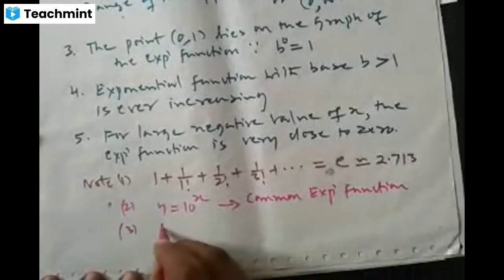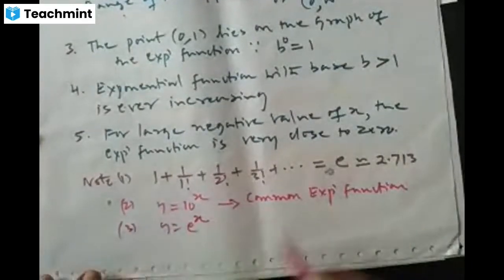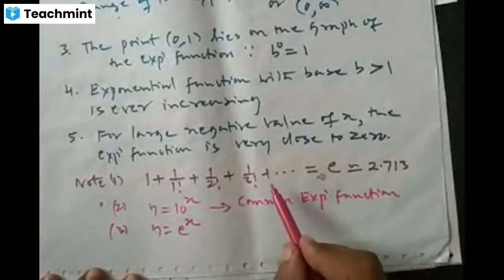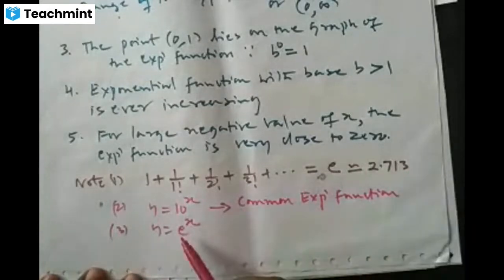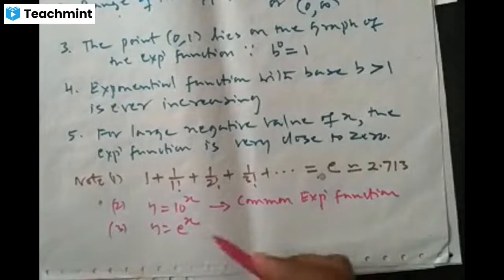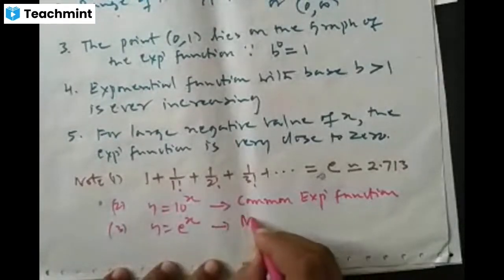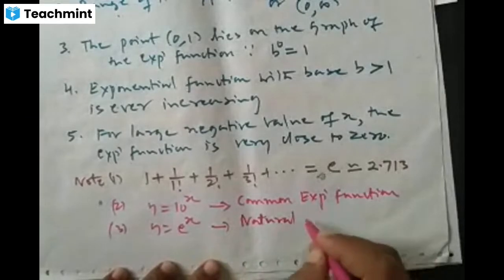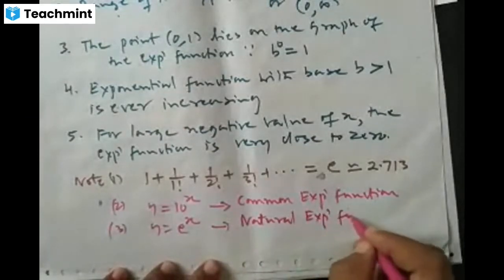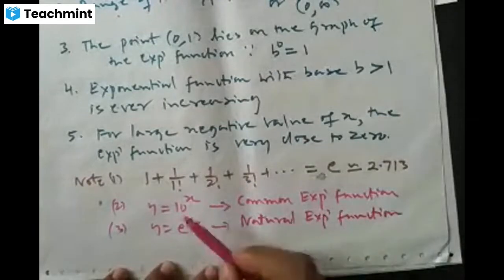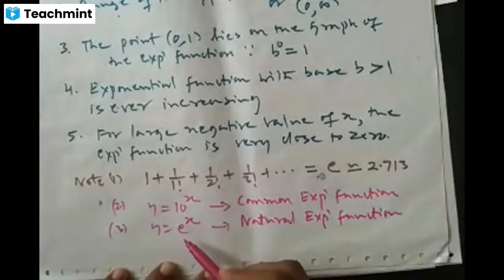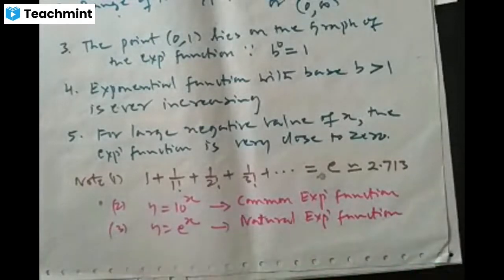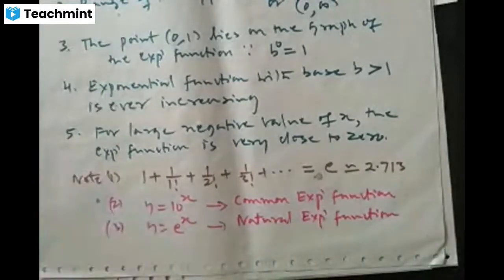Similarly, the exponential function with the base E, I have already told you, E is nothing but the infinite sum of this series whose value is approximately equal to 2.713. If the base is E, then the exponential function is called the natural exponential function. So if the base of the exponential function is 10, it is called the common exponential function. If the base is E, it is called the natural exponential function. These are two special exponential functions. Next